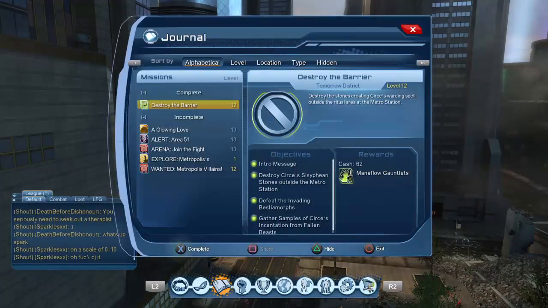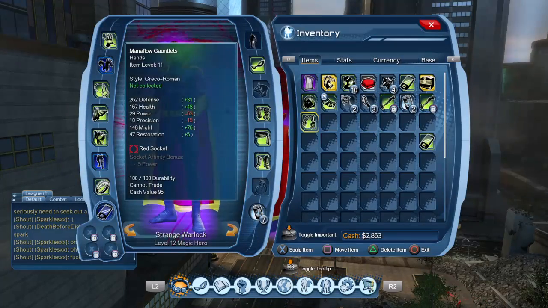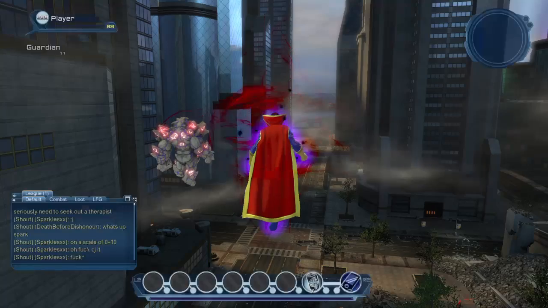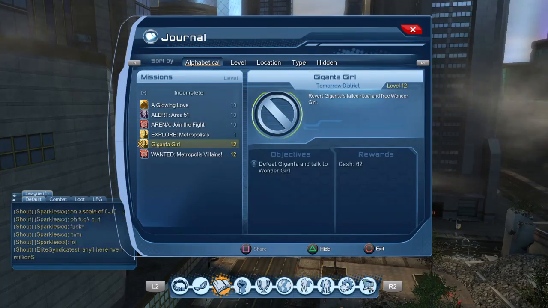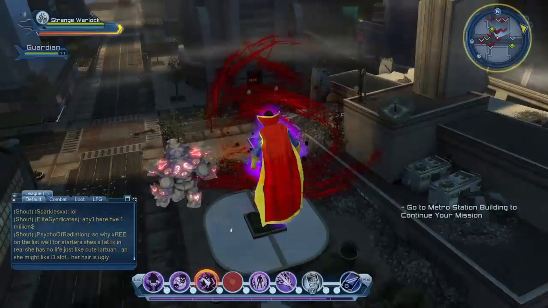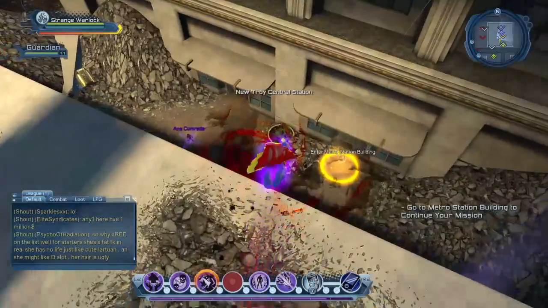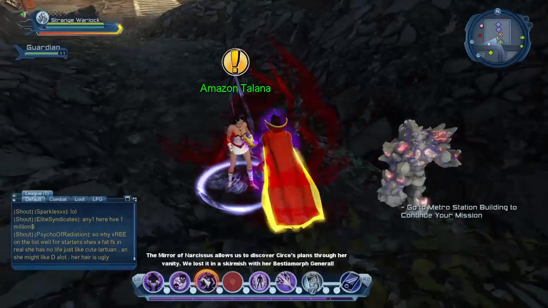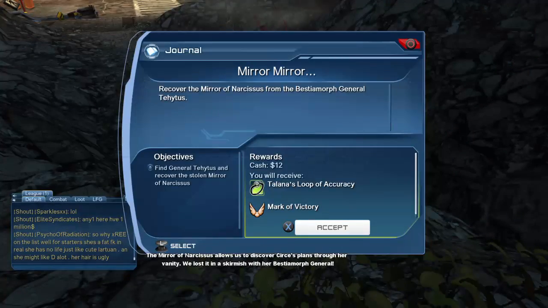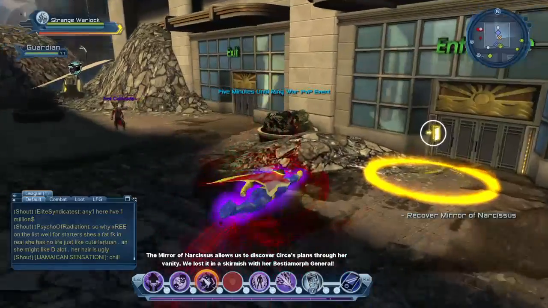So I guess we're going to go into... Well, let's equip our new gloves. And we're going to go into Metro Station, I suppose. Oh yeah. Poor Giganta. And let's take our little side quest over here. The Mirror of Narcissus allows us to discover Circe's plans for bandit. We lost his...